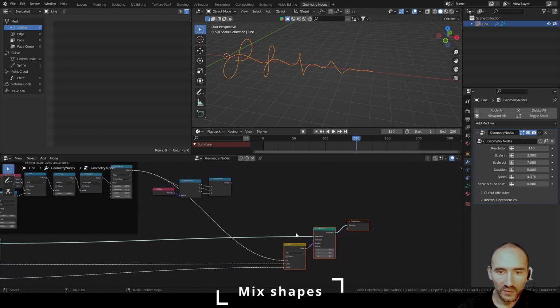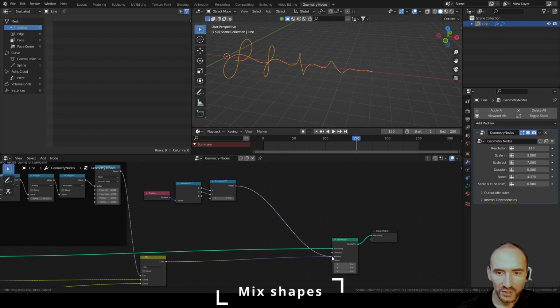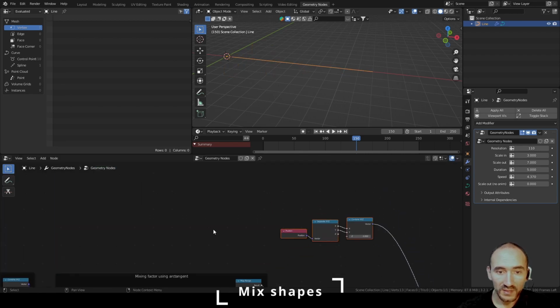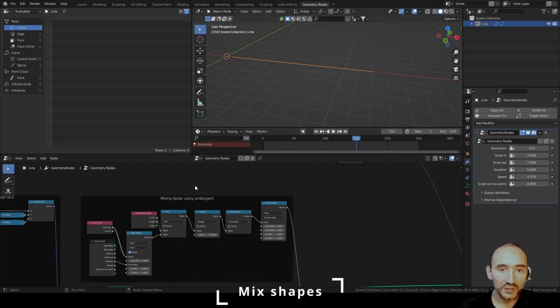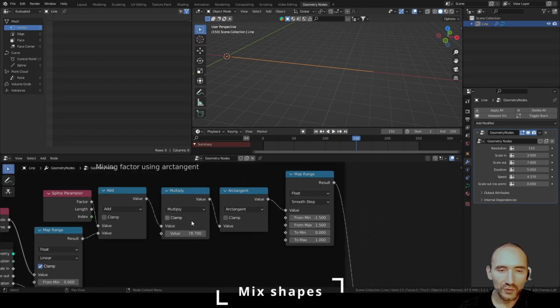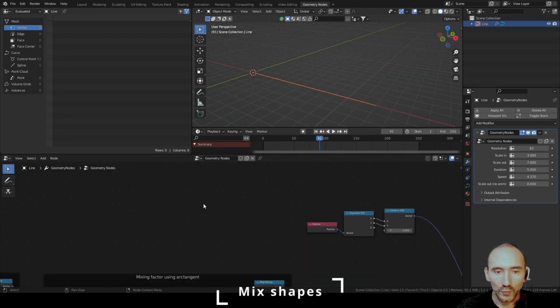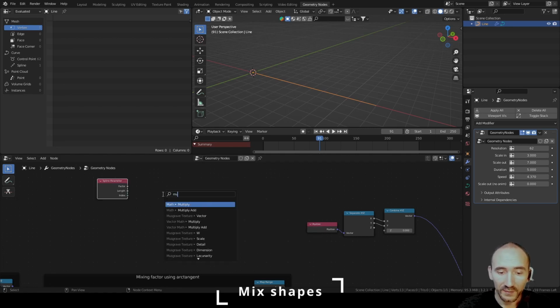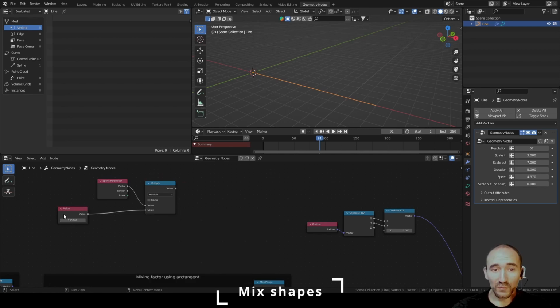So I will link for a moment this vector to the position to see the second way to mix this value, so it's more clear. Instead of using the arctangent, because you have to use a very high number here to avoid the tail of the smoothness while the mixing, we can use the spline parameter, the factor, multiply by a higher value. This will be the smooth parameter of our transition, and we can use this with a map range,